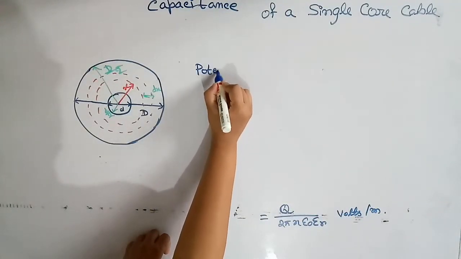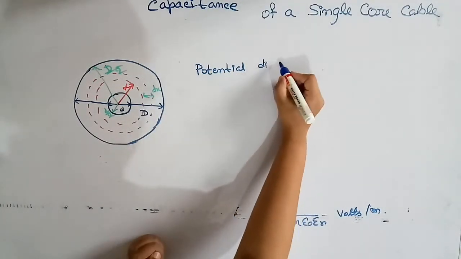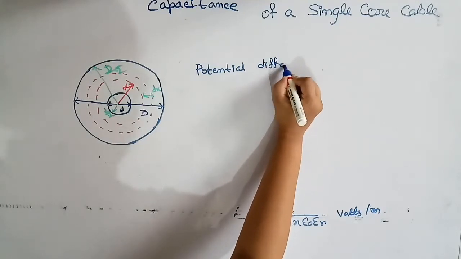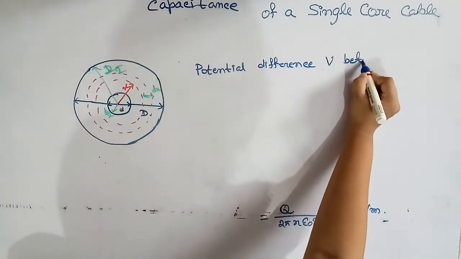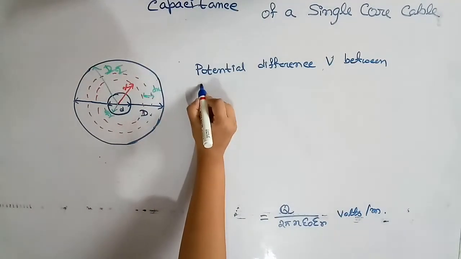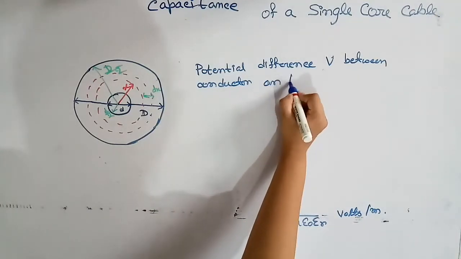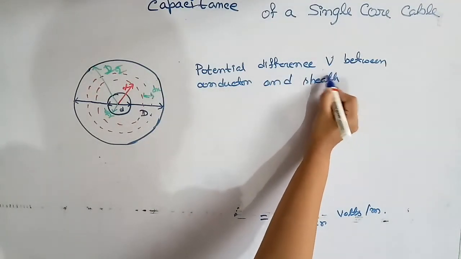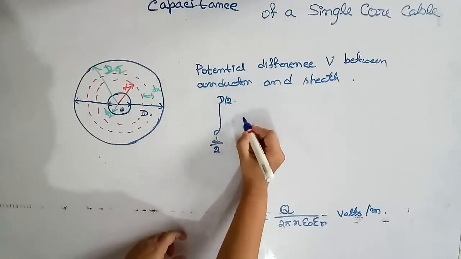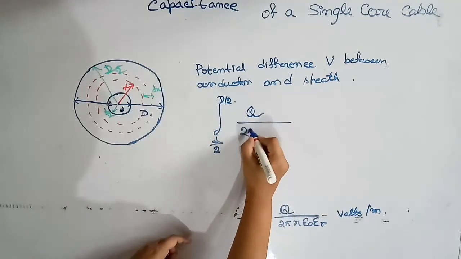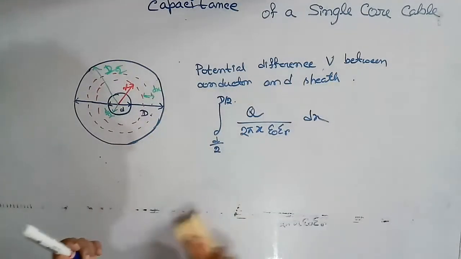potential difference V between conductor and sheath, is given by the integration from d by 2 to capital D by 2 of q by 2 pi x epsilon 0 epsilon r dx. Now by solving it,